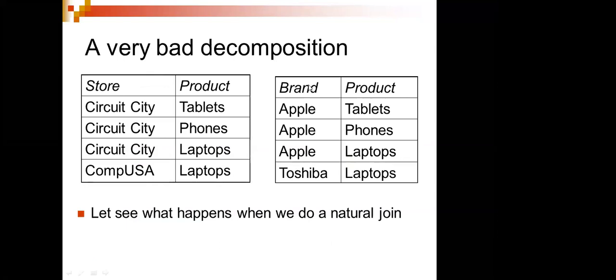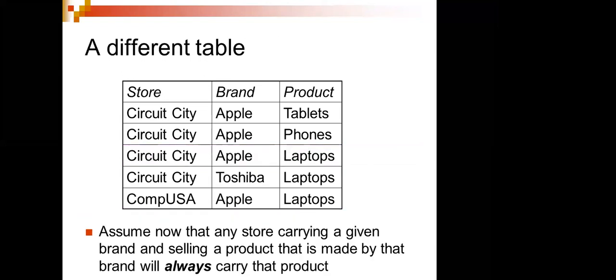In the bad decomposition, what happens if I use the normal join, that is the natural join, and combine this? I'm getting this kind of problem. What does this problem say? That is the problem I'm facing. It introduces tuples that are spurious. Here we have different kinds of tables which have got a problem. If you see this highlight, it has a problem.